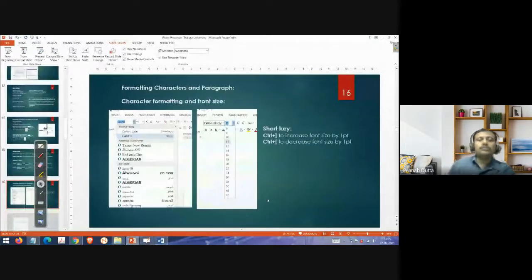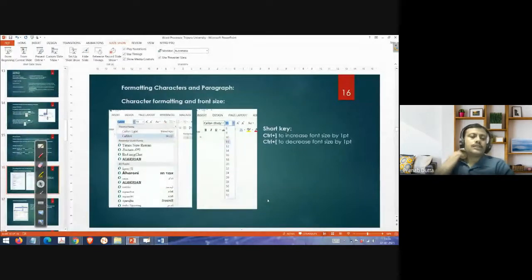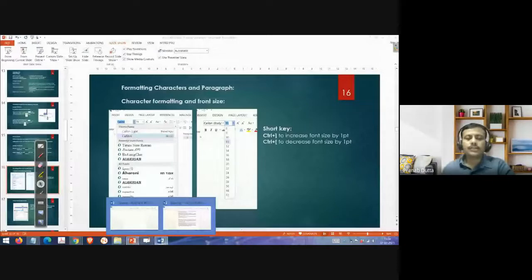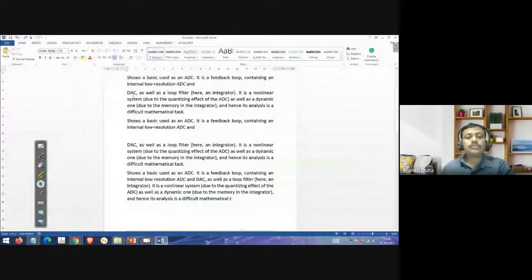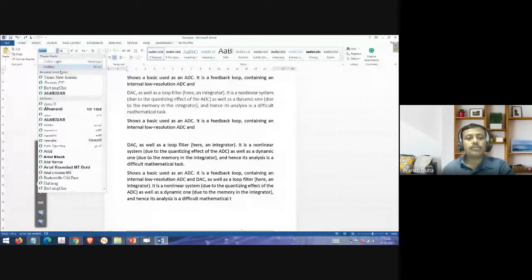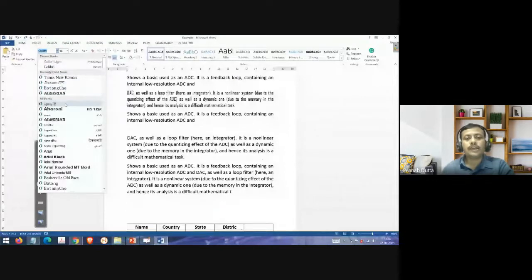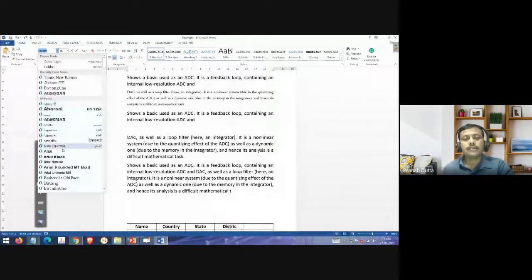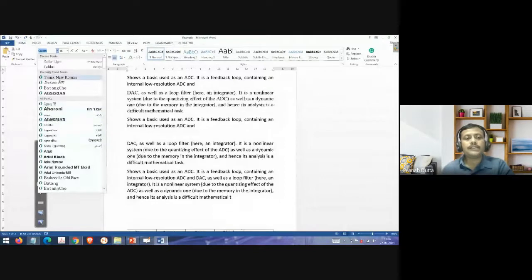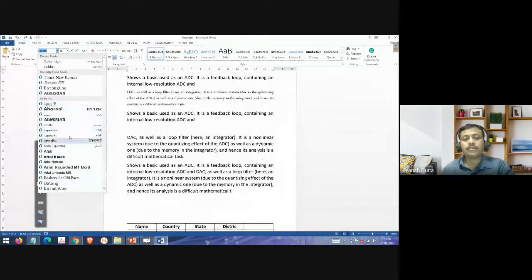So how to change the formatting and all these things? Without going to the slide, I will directly explain it. Time is very limited. If I want to change the formatting of this text, just select where you want to format it. Go to this button. What type of font? Suppose I want to go for Times Roman, then select this one. If you see, whichever we select, accordingly it is changing. Right? That is the format. I can easily change it. Okay, that is one.